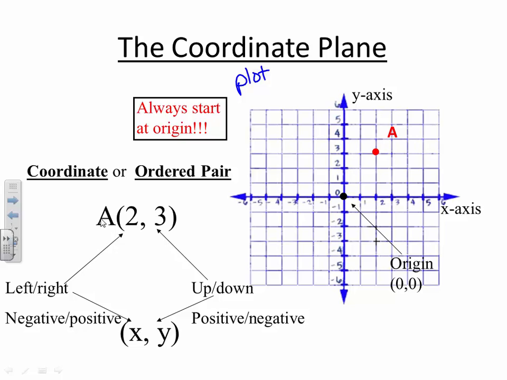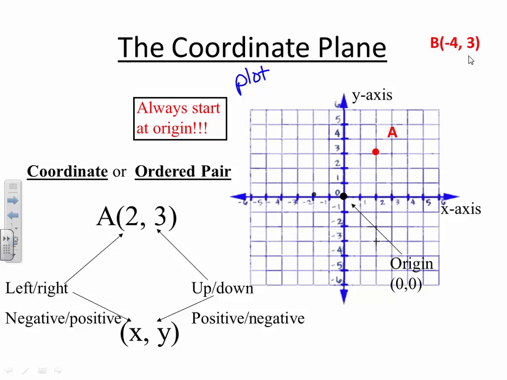We're labeling it with an A because this is point A. So let's show you that again. You go over 2. We started at the origin. Up 3. Over 2, up 3. Nothing to it. So that's how we're going to plot our points. So let's do another one just for the sake of trying it with a negative. So point B